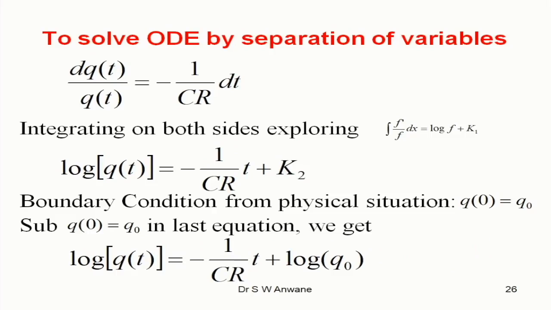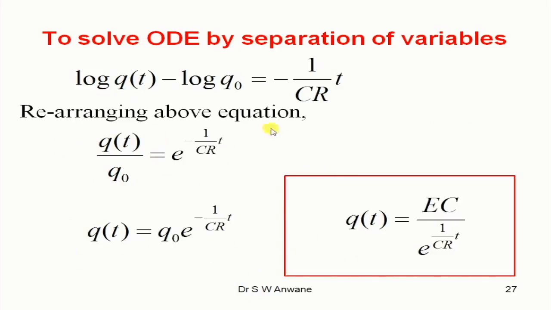This is a simple differential equation. It's a very obvious separation of variables you can conduct, and by one integration you can obtain this solution of the differential equation. Here another constant is appearing, which can be evaluated from the physical situation, that at t equal to 0, when we flip the switch from position number 1 to position number 2, the charge in the circuit was Q0, which we call steady state value of the charge. Now substituting Q of 0 is equal to Q0, we get K2 equal to log of Q0, because by substituting t equal to 0, this term vanishes, and this equation can be rearranged properly to look like a standard equation, Q of t equal to Q0 into e to the power minus t